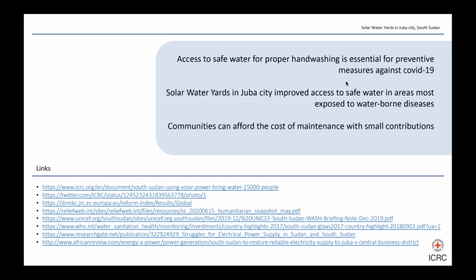Okay, thank you. So, in conclusion, we can see the benefits of using solar energy for powering water yards from the video that we've just watched. There's increased access to water supply in terms of quality and quantity, the ability to promote hand hygiene for the COVID-19 response because of the availability of water, the positive social aspects that include the recognition and status of the community and its people.